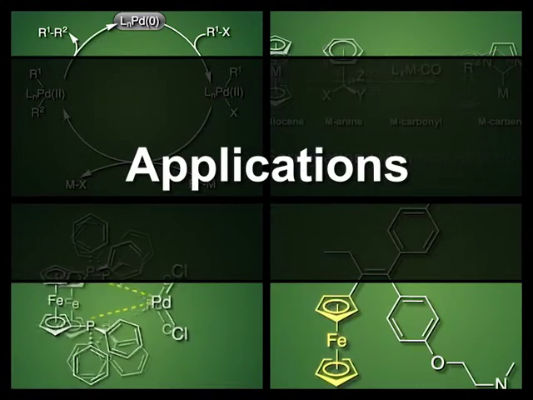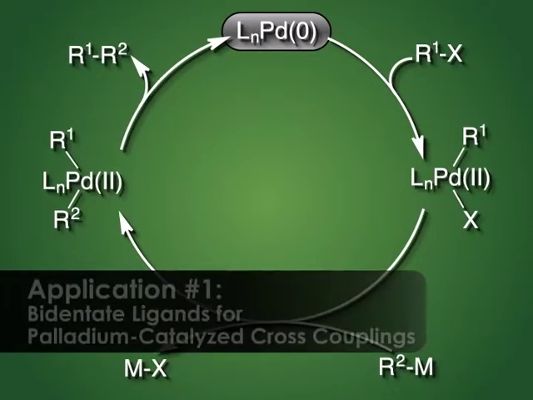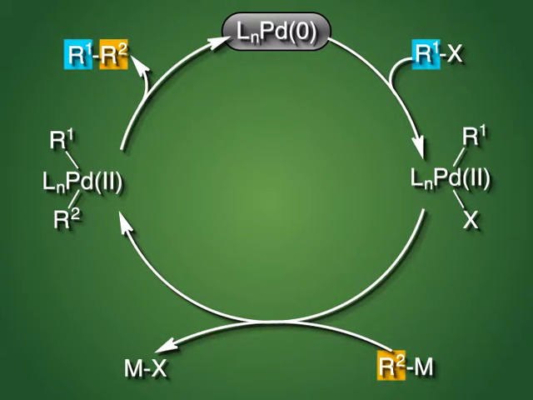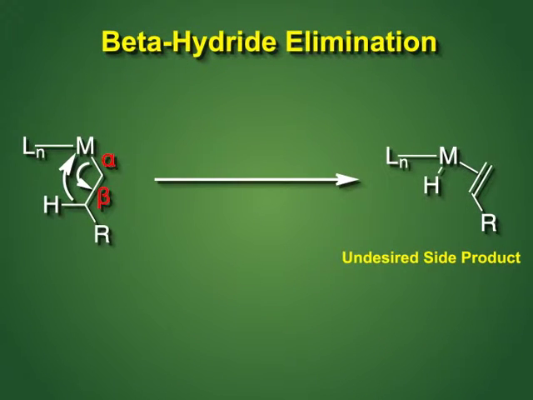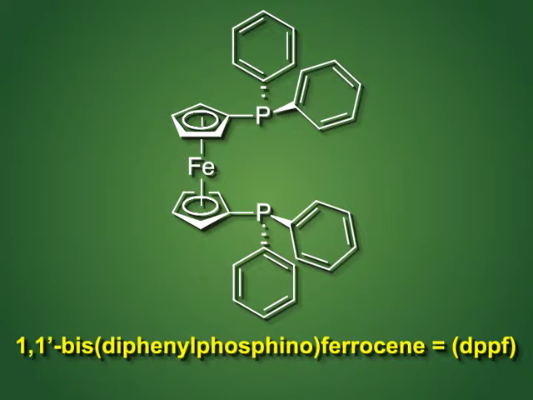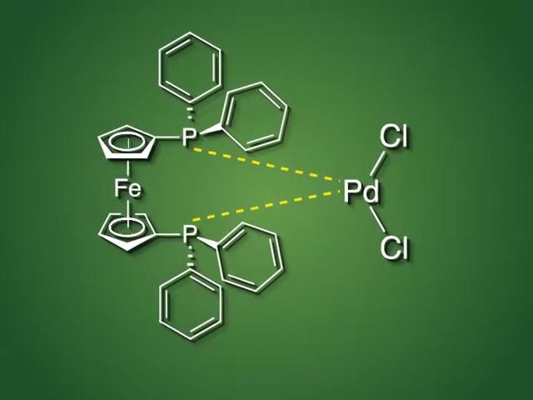Now that we have discussed a procedure for preparing ferrocene, let's look at some of its applications. Palladium-catalyzed cross-coupling reactions are a valuable synthetic tool in the pharmaceutical industry. However, a common undesired side reaction is beta hydride elimination, which can be minimized with the use of 1,1'-bis(diphenylphosphino)ferrocene, or DPPF, as a chelating agent with palladium(II) chloride, forming